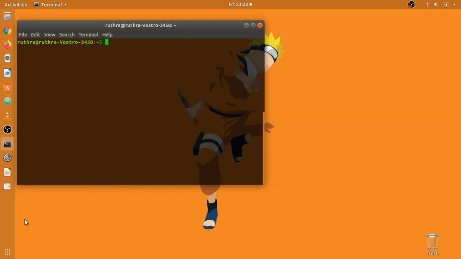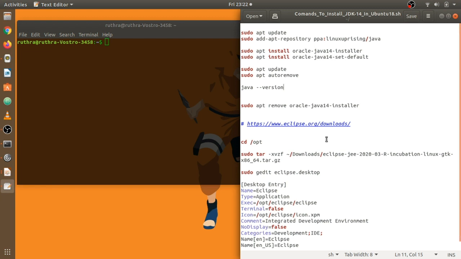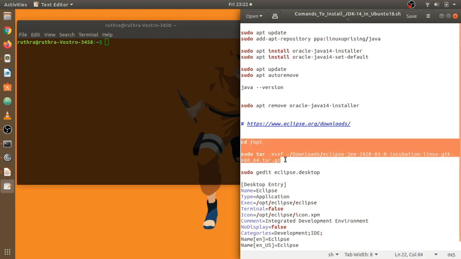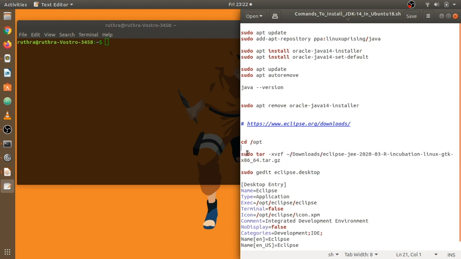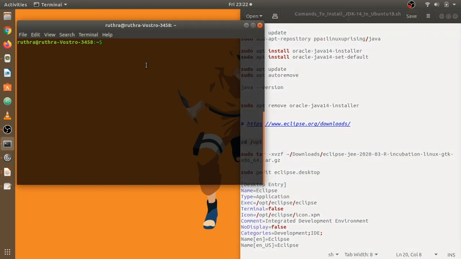Okay, so here is the next set of commands for Eclipse. And don't worry guys, I will be sharing this file with you. You may find these commands in the description below, or I may give a link to this file in the description. So yes, first I will change the directory where I want to extract the downloaded tar file. Again, Ctrl Shift V to paste it.